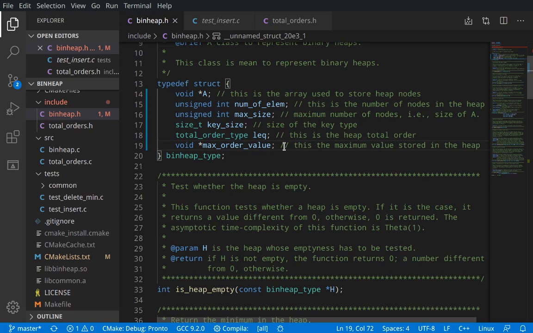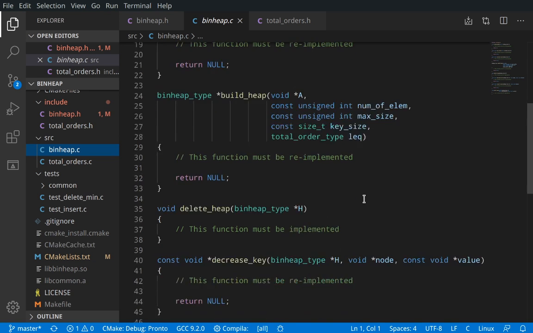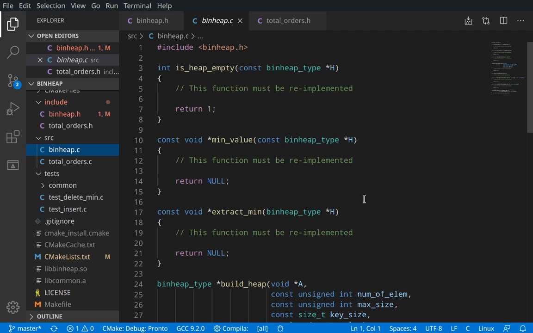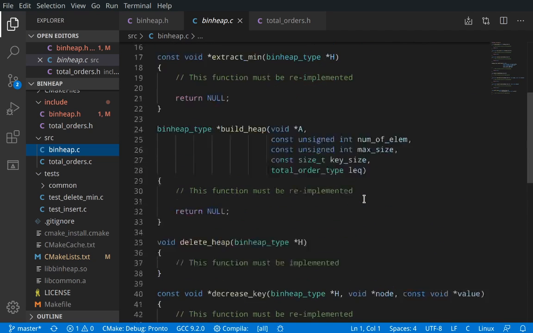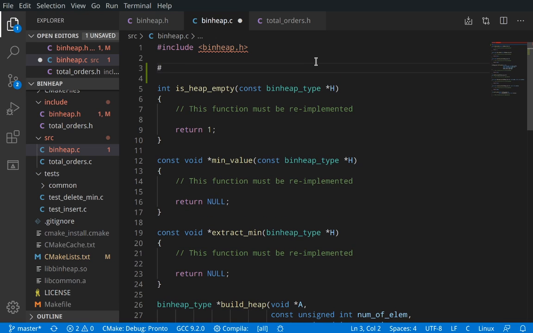Well, of course, to implement it we need to go into the binary heap C file, which already contains all the functions, but unfortunately, as you can see, the functions must be implemented. So let's start by defining some useful macros. So we may define what's a parent,